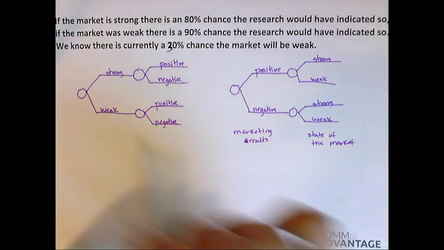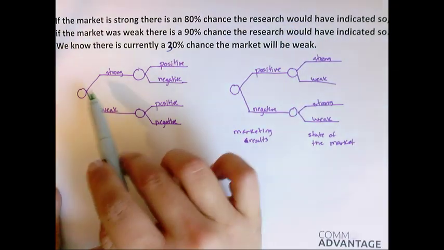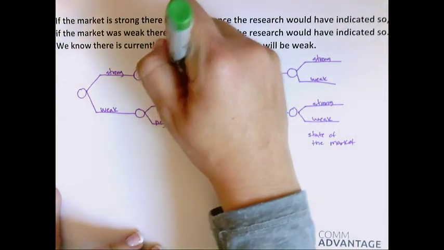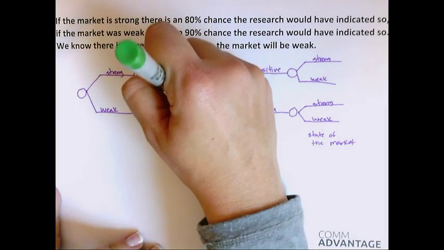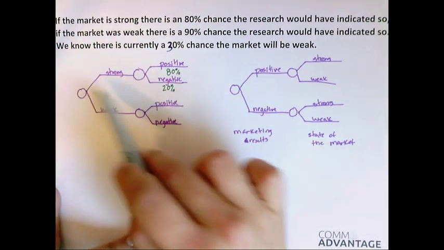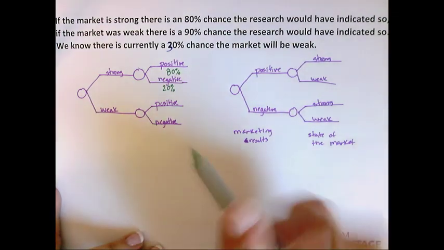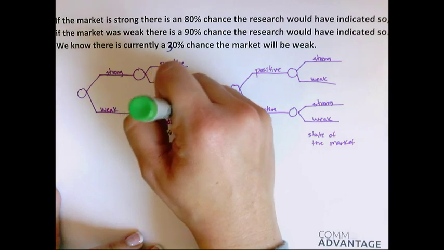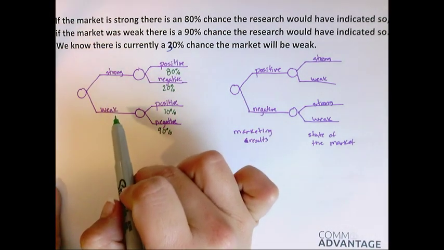So this is telling us that if the market is strong, there's an 80% chance that the research would have indicated so. That's telling us that this branch here, positive, was 80%. So we know that this is 20%. If the market research was weak, there's a 90% chance that the research would have indicated so. So if it was weak, there's a 90% chance that the research would have come back negative, so only 10% positive. Strong versus weak,